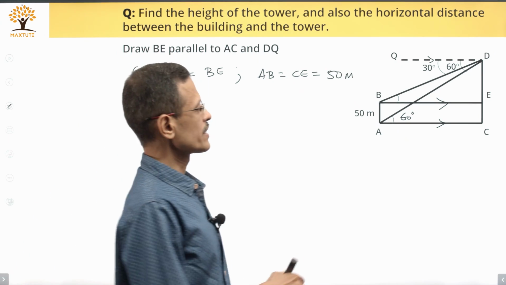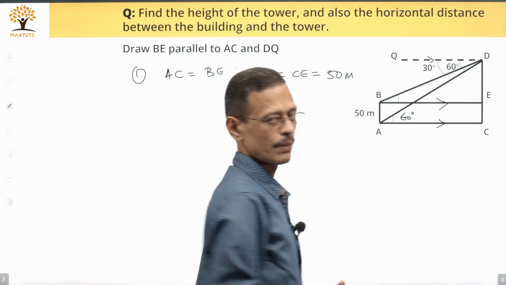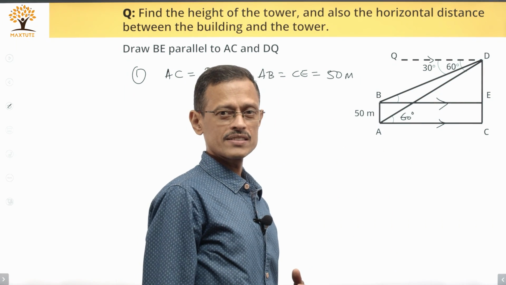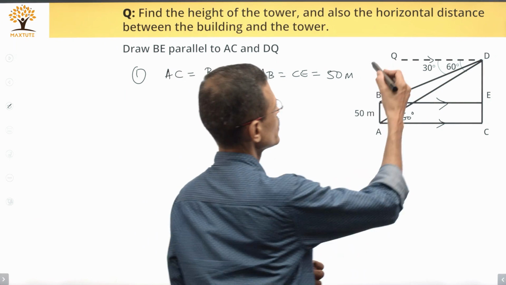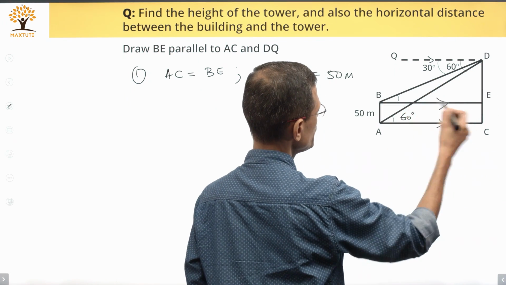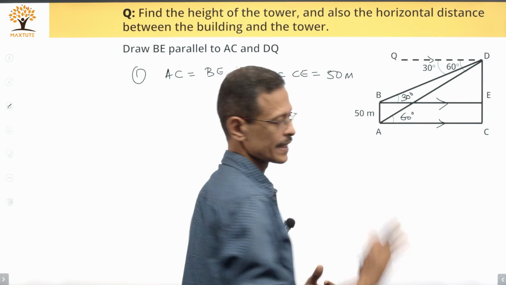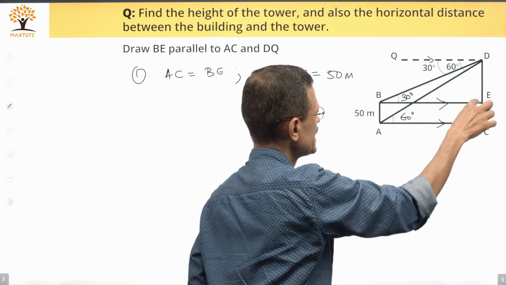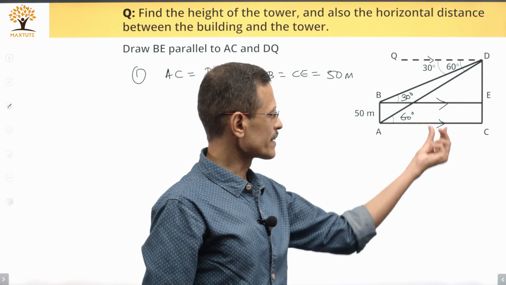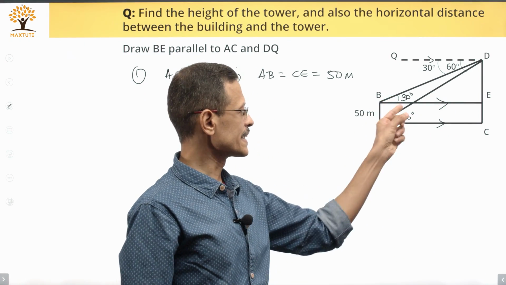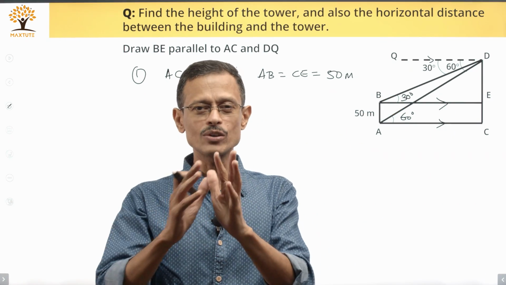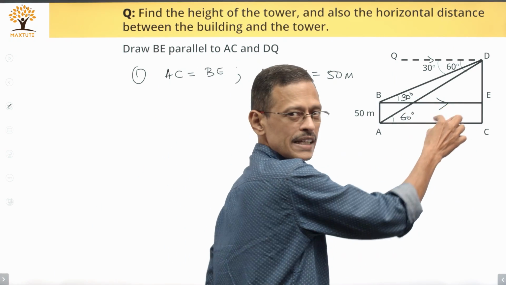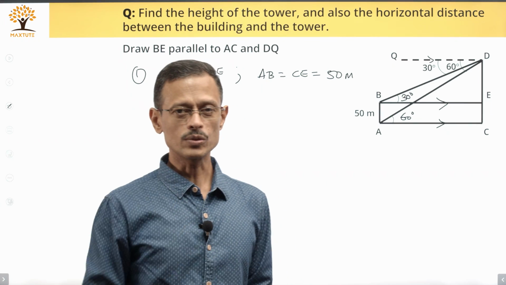The second thing we will establish is that because BE and QD are parallel, by the same rationale, DB is a transversal that cuts through these two lines, and alternate interior angles will be equal. So QDB will be equal to DBE, which is equal to 30 degrees. For both triangles DCA and DEB, we know the base, or the adjacent side to these two angles, 30 degrees and 60 degrees. AC equals BE, we do not know the value, but we know these two are common. I can rewrite BE with AC or AC with BE, so that is known.